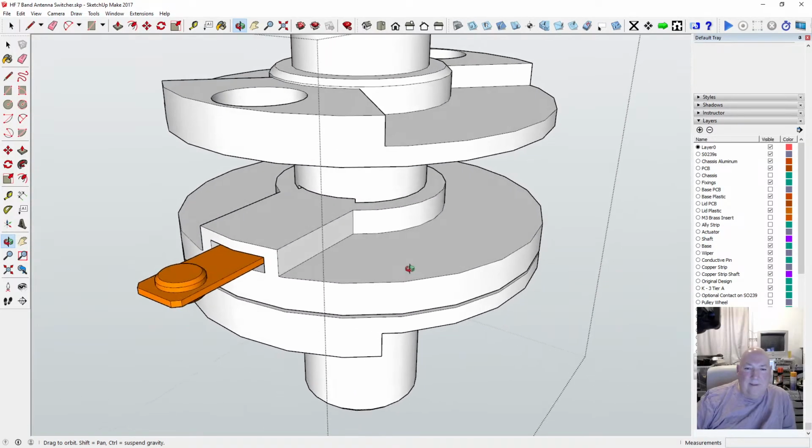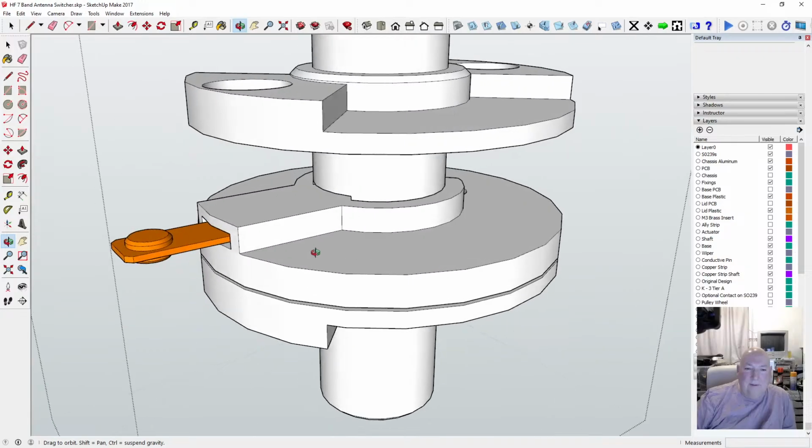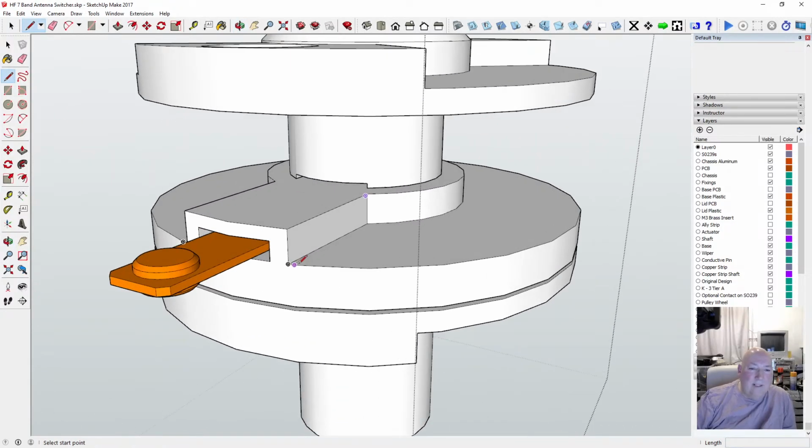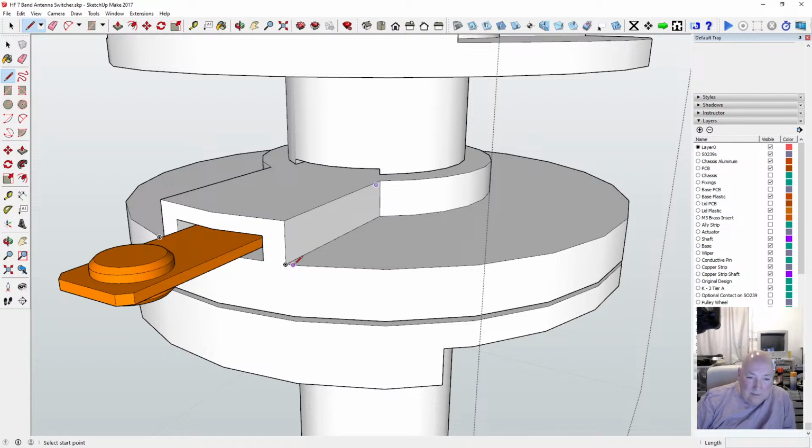So, okay. Right, easier said than done. I'll tell you what I'll do. I'll go up like that, and up like that, and up like that. And then I'll grab that and go to there.